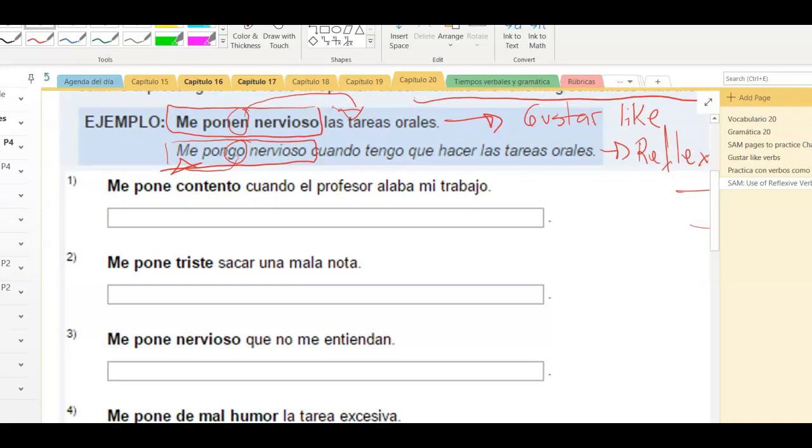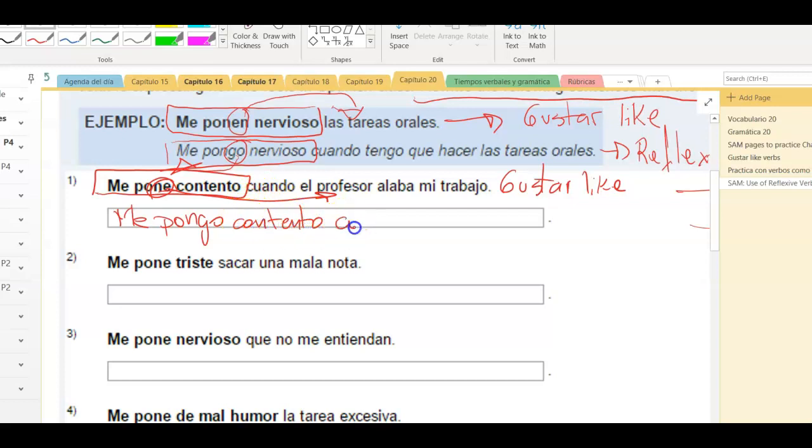Let's do number one together, following the model. So, me pone contento cuando el profesor alaba mi trabajo. So, reflexive. This is reflexive. Sorry, never mind. I am so sorry. This is actually gustar-like. How do we know? Because it's conjugated into the fact that the teacher makes me content. Put it in the reflexive. We start with the reflexive pronoun, and then we conjugate into the person. Me pongo contento cuando el profesor...